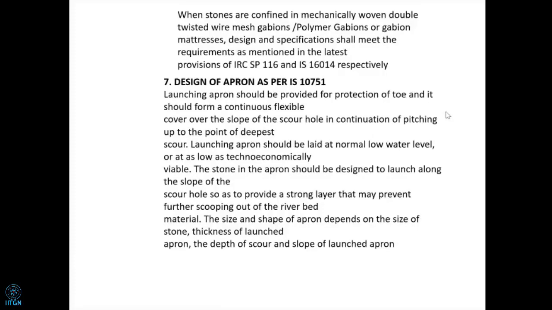For this, we have to find out the scour depth. You must have known how to find the scour depth. You calculate it from the maximum water level. You take into account the velocity, the width of the river at that particular section, and you use the formula and calculate the scour depth, which is measured from the maximum water level to the bottom. So that is going to affect. So you have to construct the apron to such an extent that it prevents the scour. So here, the launching apron, as it is called, is provided as a strong layer.